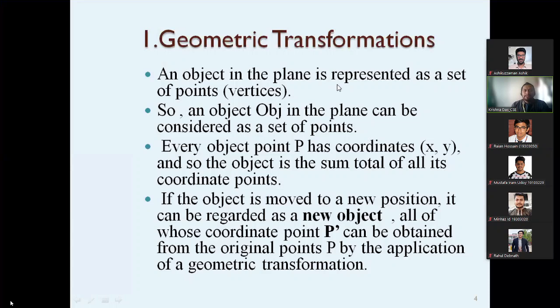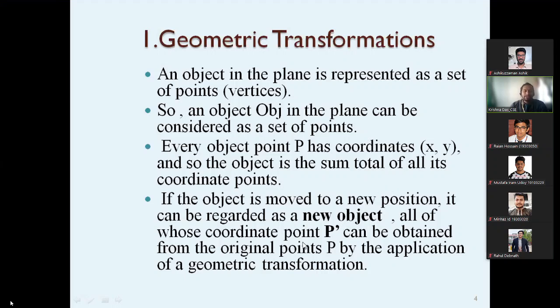An object is nothing but many vertices in the space. We already know that you can define it with many points. An individual point has coordinates x and y, and the object is considered as a group of those points. When an object is moved, that means a point has been moved from P to P prime, making a new object.